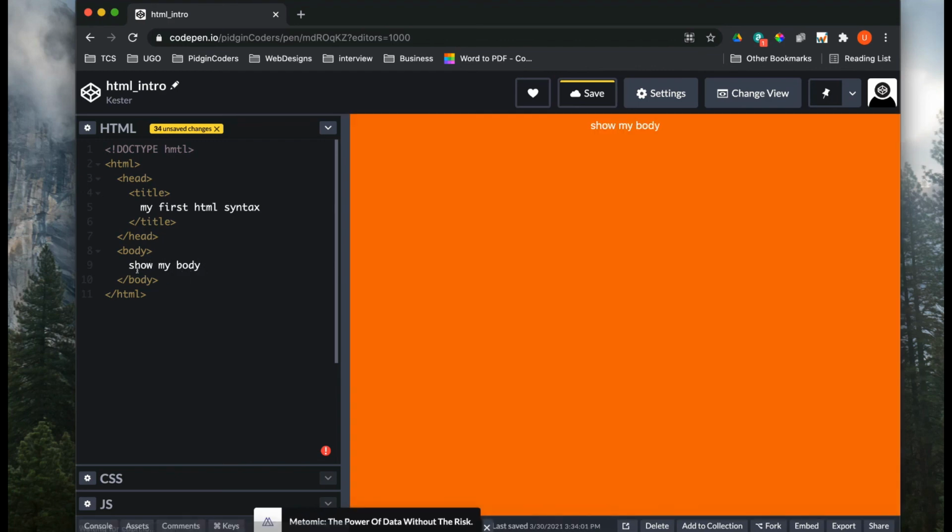So as I write, it shows my body. This now is the simple HTML syntax that anybody who wants to become a web designer or front-end developer should know.